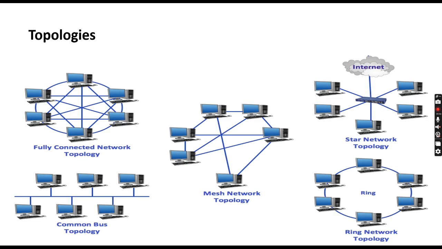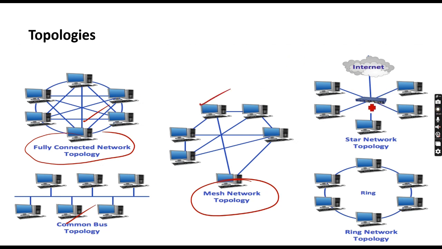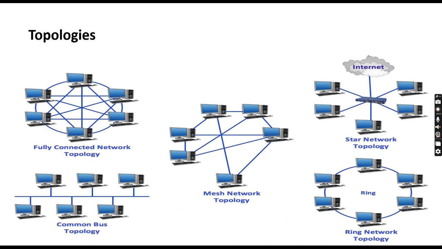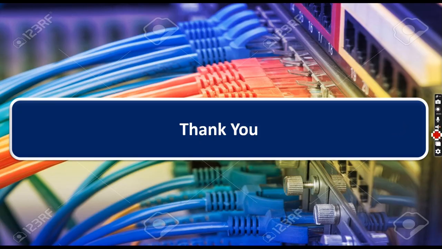Now, topology, just to identify: see, this is your fully connected network with the full mesh topology. This is your bus topology. This is your partial mesh. This is the star topology. This is ring topology. So you need to remember, this is all about how you keep your devices and connect them all together, it is all about your topologies. You have to remember we are using the star topologies and mesh topologies in the market nowadays. That's it for this particular chapter. Thank you. See you in